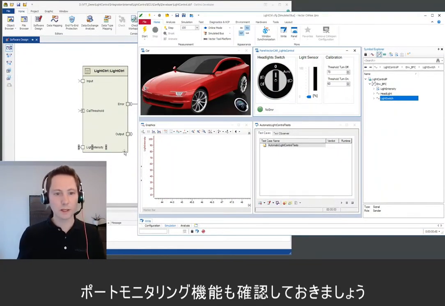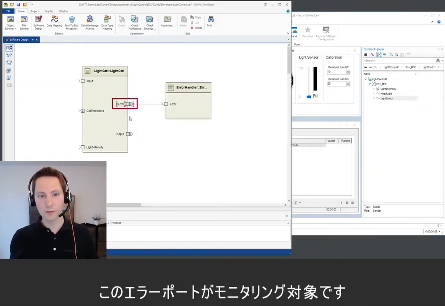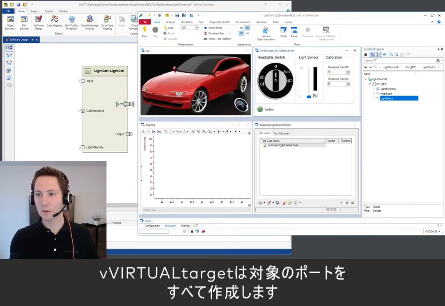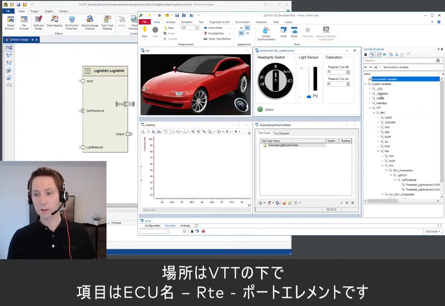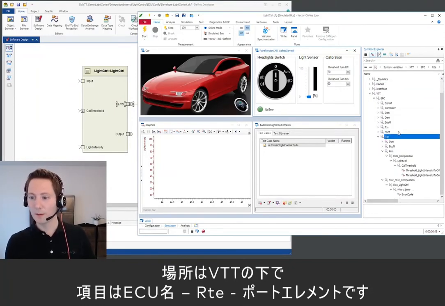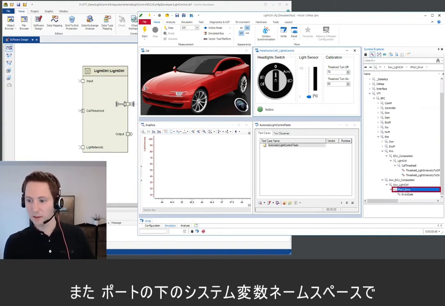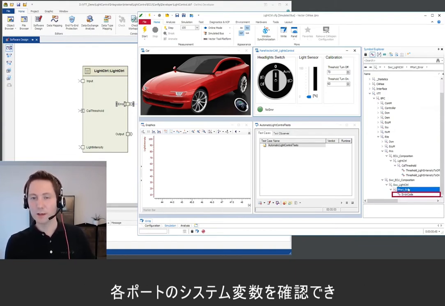And we also want to look at the port monitoring feature. So here we have the error port which we wanted to monitor. For all the ports that we would like to monitor, vVirtual Target creates a port element under VTT ECU name RTE. And under that port system variable namespace, you can find system variables for each port member.